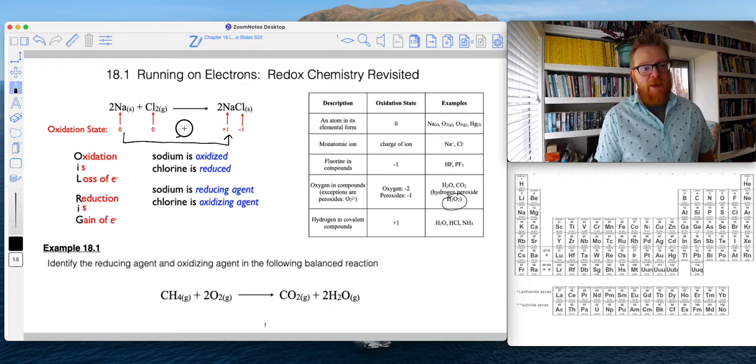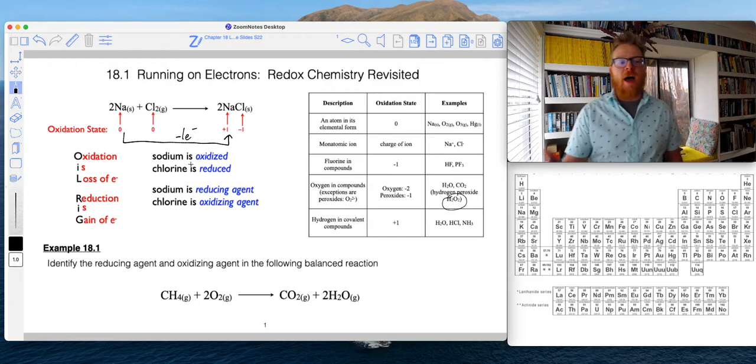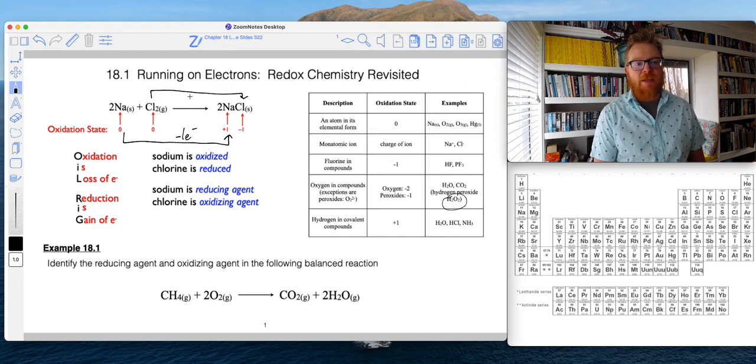So if sodium loses an electron, it has one more proton than electrons, which will leave it positively charged, okay? And then similarly, chlorine, to go from 0 to -1 means it's going to have to gain